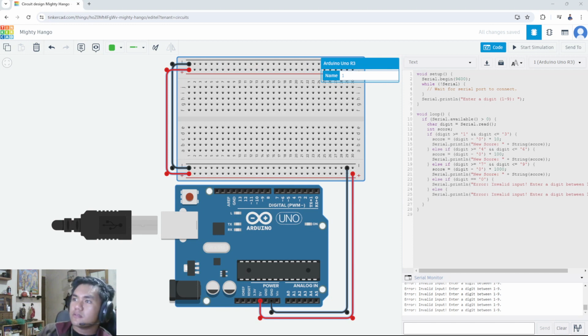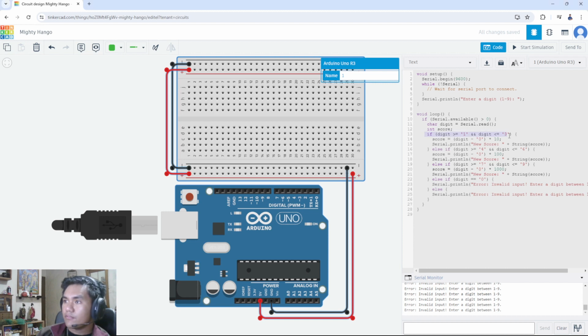The void setup is actually the same, only the void loop is changed because instead of switch case statements, we will be using nested if-else statements. Following the pattern, instead of seeing the word case and then the numbers separately, we will be setting if and else if statements, where for the if statement, we will be creating a condition for the range 1 to 3, and then for the remaining ranges, we will be using else if statements.